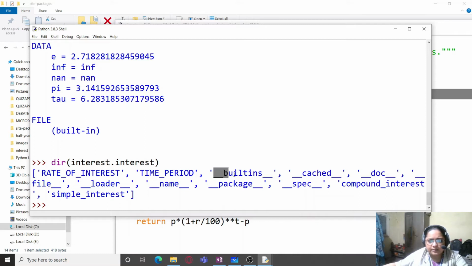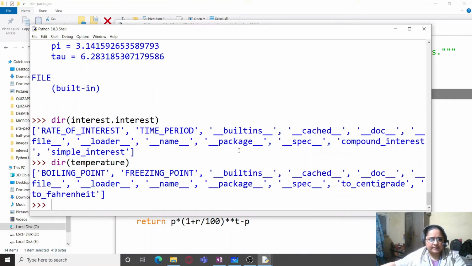Then these are some inbuilt Python identifiers which are needed for making interest in the form of a module. That is, they are used for specifying the details about the module interest: cache, doc, file, loader, name, package. All these are the system defined variables, and you can also see the user defined functions here: compound interest and simple interest.